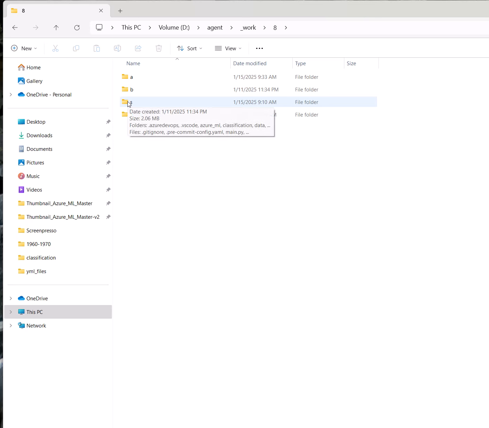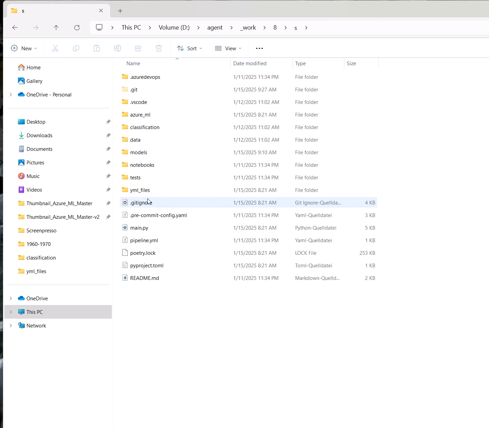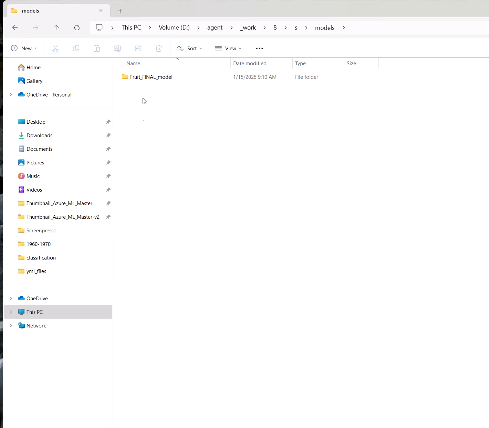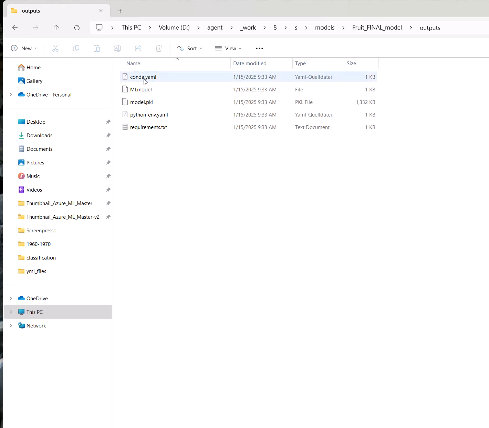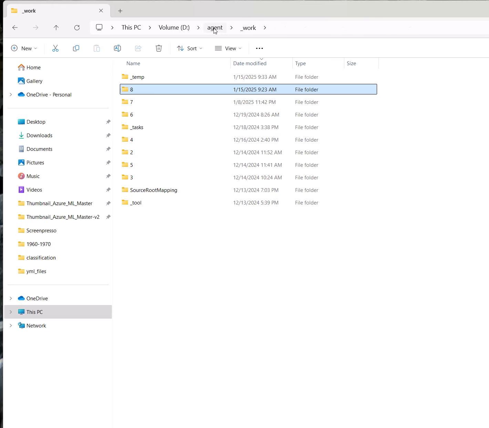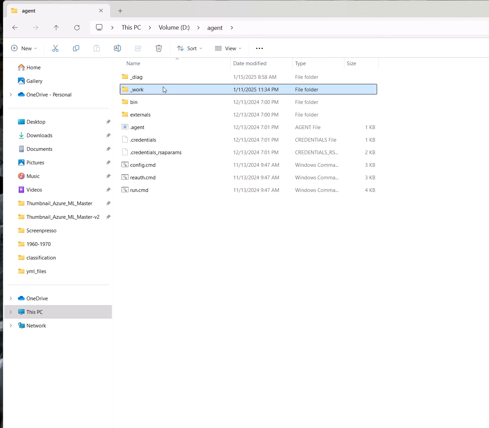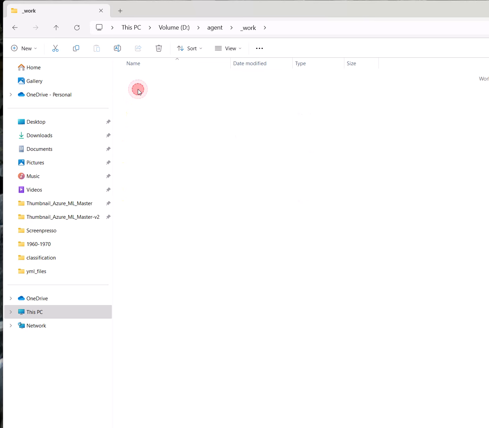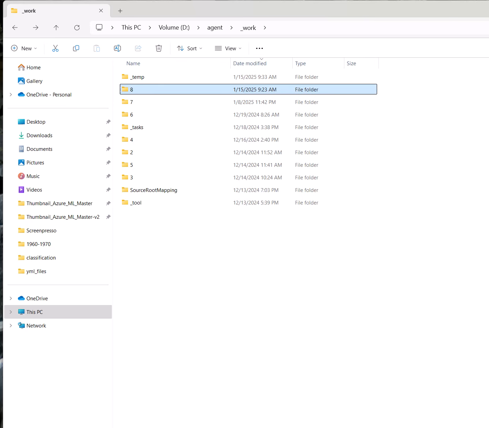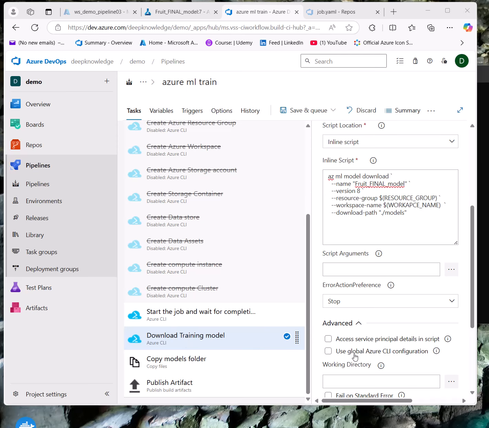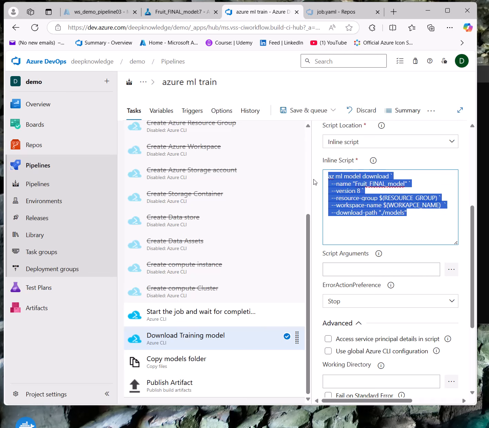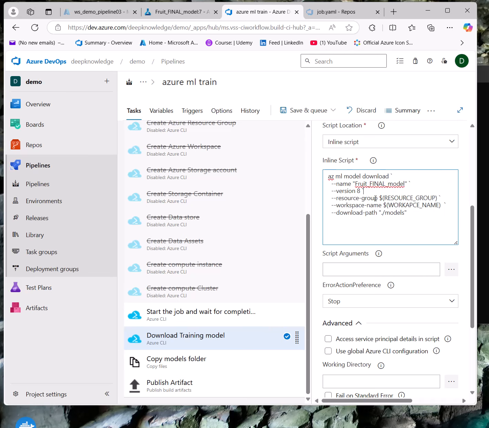You can see in the source, you will have it here, models and this. So why do we need to download it here? Good question. This is the next step. So now this will download the model in our pipeline agent, the agent PC.